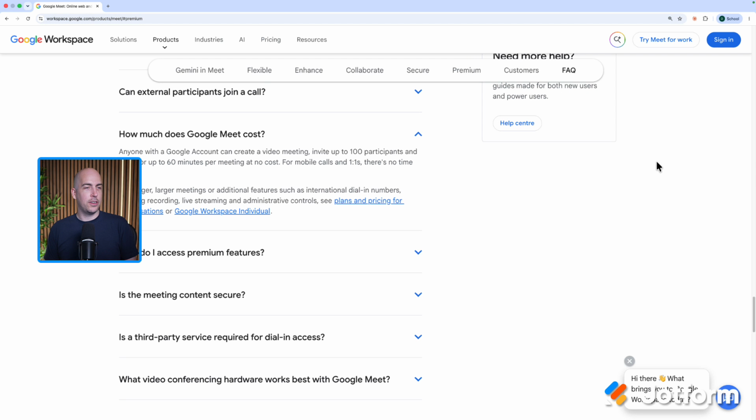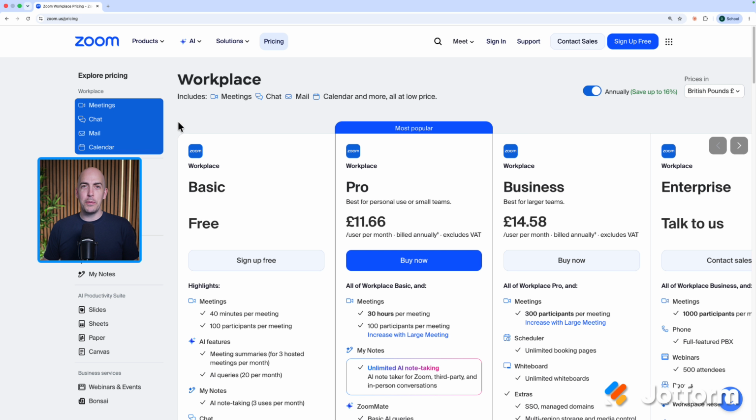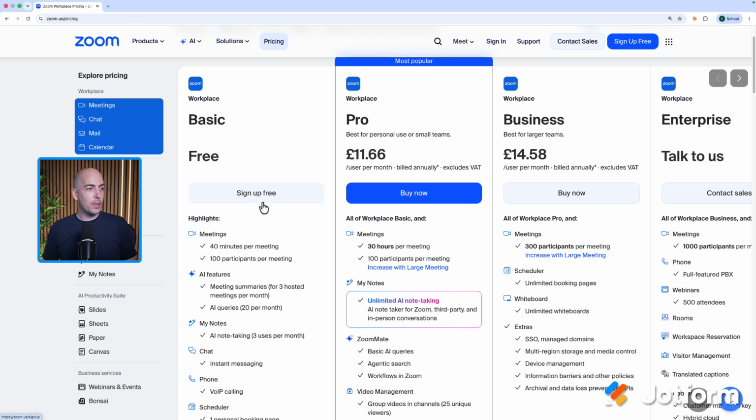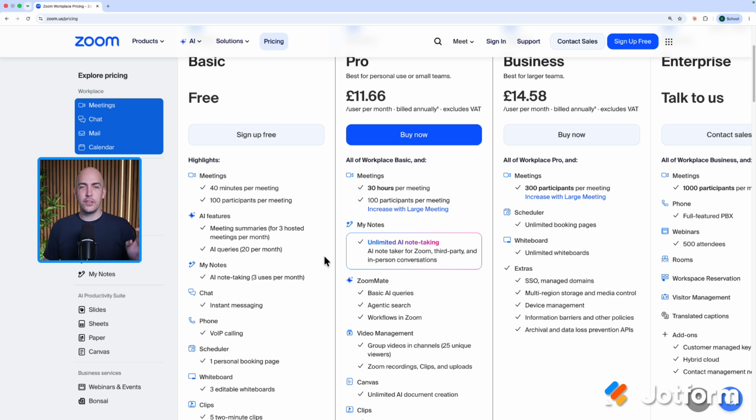In a free account, you can have 100 participants at a time. So still perfect if you want to run, say, a 30 to 60 minute workshop with up to 100 people. Similarly, Zoom has a free plan, though it only allows up to 40 minutes on a free video call, though still with 100 people. And it does include some AI meeting summaries, up to 3 meetings a month, as well